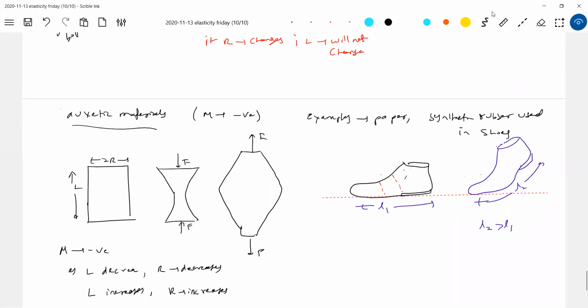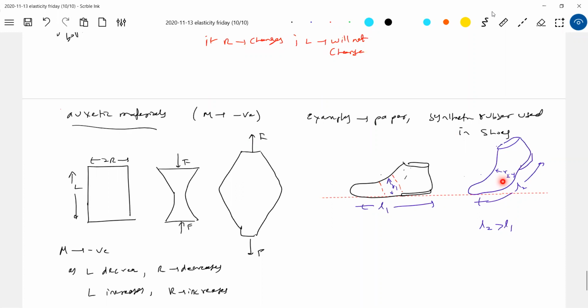Then at this particular point, you see this region. What happened here? The radius will try to decrease if you use ordinary rubber. Am I right? According to Poisson's ratio, if length increases, radius should decrease. Here the radius decreases. Already this will be tight, no? Here this is R1. According to what we know, if radius decreases, you'll get a pain when you're walking. Am I right? So therefore, what should happen?